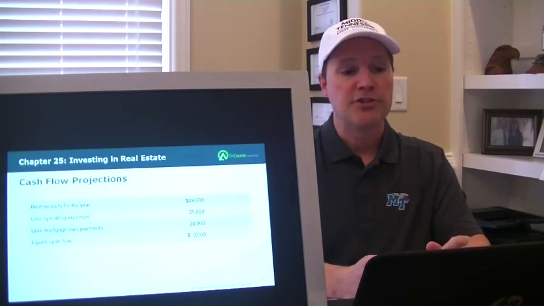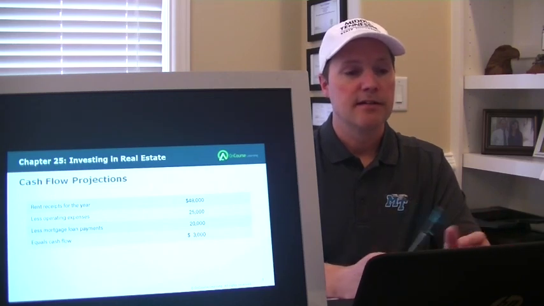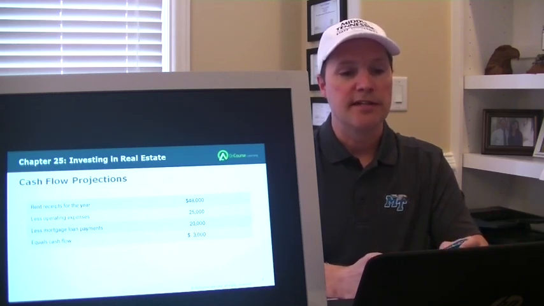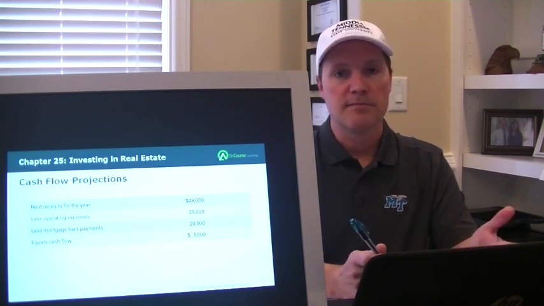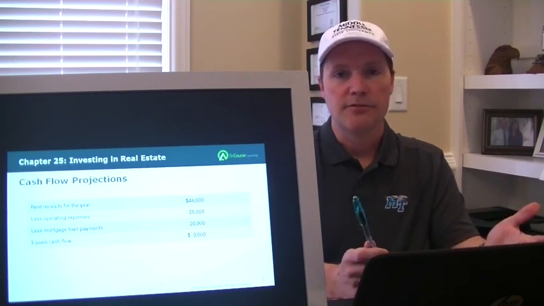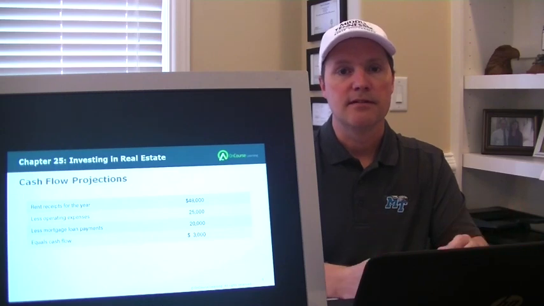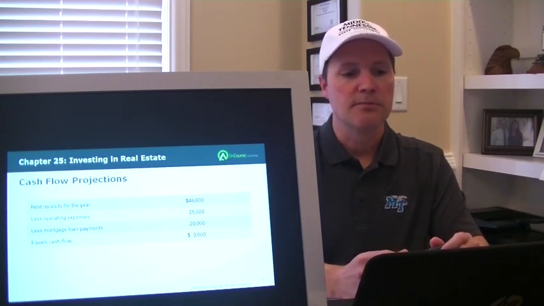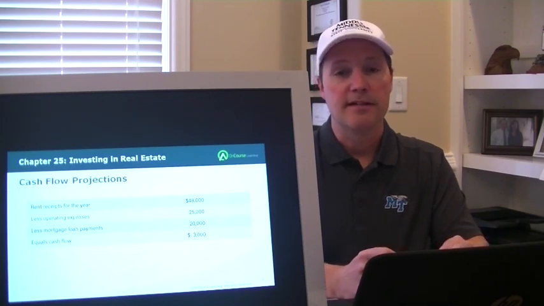Cash flow projections. Okay, so you have rent receipts for the year at $48,000, less operating expenses, costs about $25,000, less mortgage loan payments of $20,000 on the place, equals a cash flow of $3,000. Okay, that doesn't seem like much money for cash flow for a property, but it all depends on how much you owe